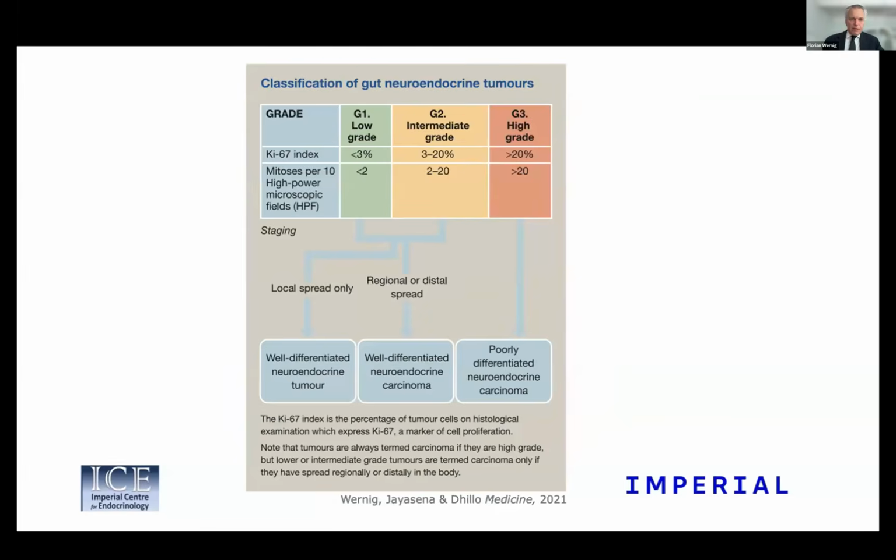They are classified and differentiated as low-grade, intermediate-grade, and high-grade tumor, depending on their Ki-67 proliferation index. And the cutoff between low and intermediate grade is 3%. There's a wide range in the intermediate grade from 3 to 20%, and everything more than 20% is classified as a high-grade neuroendocrine tumor, or actually neuroendocrine carcinoma. So the well-differentiated neuroendocrine tumors usually retain their ability to produce secretory hormones, whereas this ability is often lost in high-grade cancers.